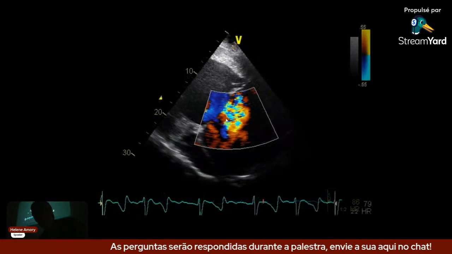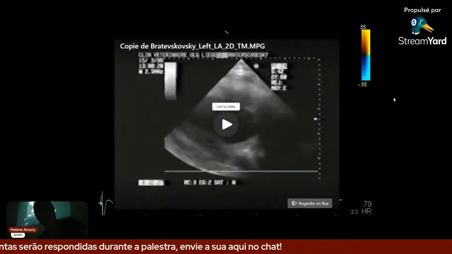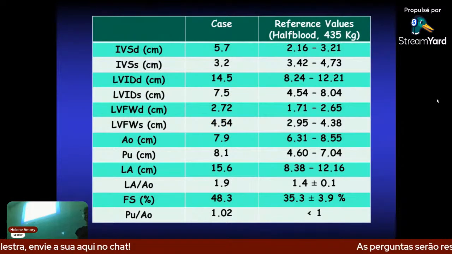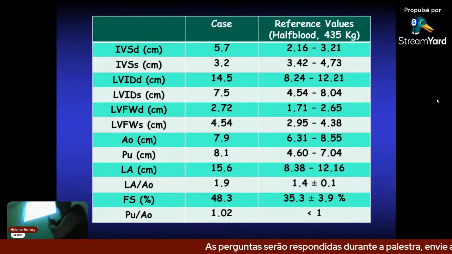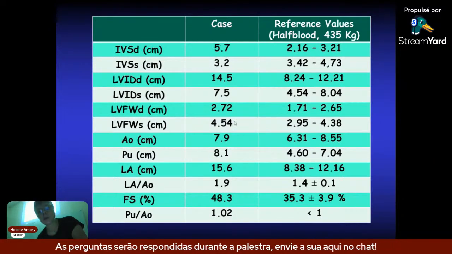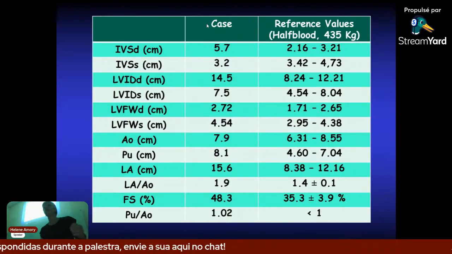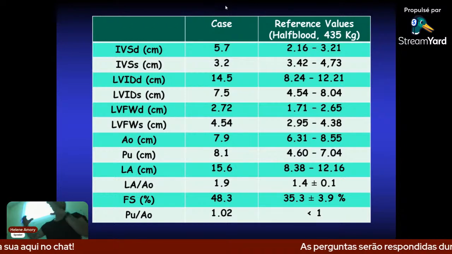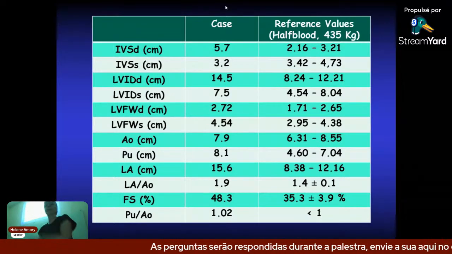Well, when we do an echo, we do measurements, as I explained yesterday, as we did in the horse this afternoon. And then on each case, we do the measurements. We do that 3 times, 5 times. We do the mean of the measurements. We have a measurement, and we compare it to the reference value for a horse of the same breed and of the same size.